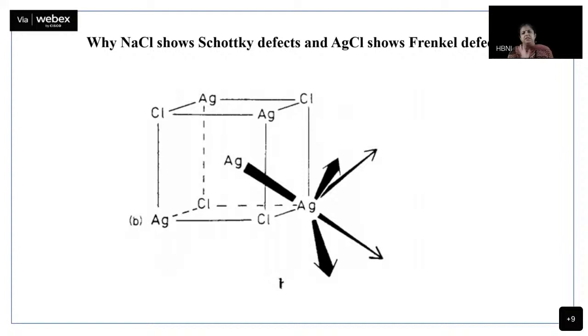We'll just discuss a very simple example. As I said, what kind of defect would be formed will actually be decided by whose energetics is favorable, for which delta H is smaller, for which entropy change is greater. Okay, so we will take just one example here. NaCl and AgCl. Both of them crystallize in rock salt structure. So one thing is sorted out. They have similar structure. Okay.